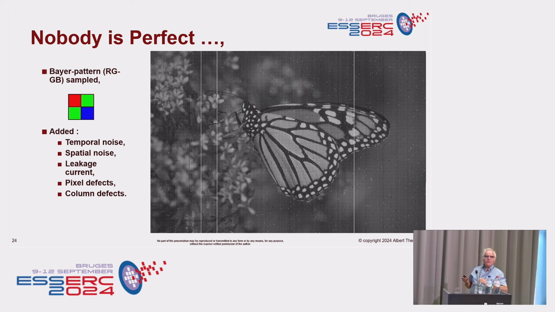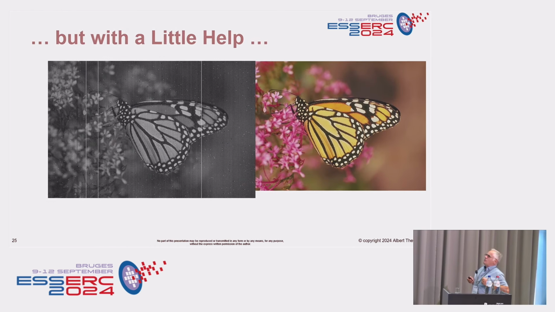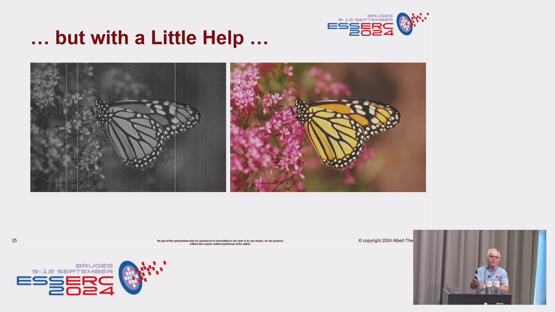I'm not going into detail because that will take us the whole day, so to say, to explain all these algorithms. But at the end of the road, what is happening is that you turn what we call a raw image into a beautiful image that you would like to show to your customers. And what is being done over here